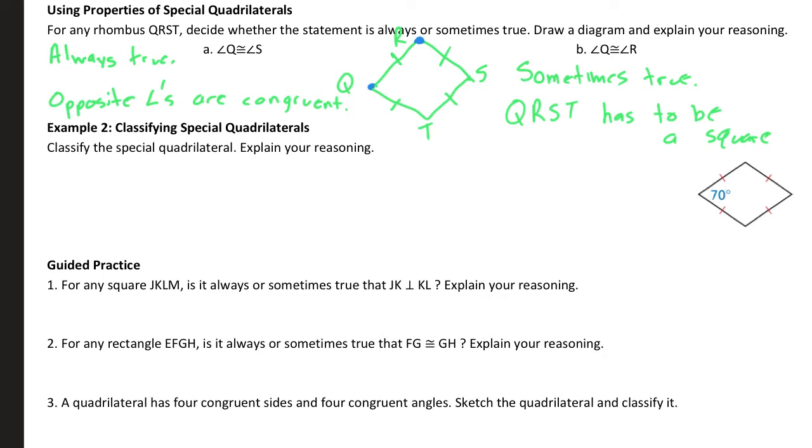So it's just thinking about the special properties of each of these. So opposite angles are still always congruent. Consecutive angles still always add to equal 180. We're just thinking about more specific shapes today and how to describe their properties. Okay. In example 2,